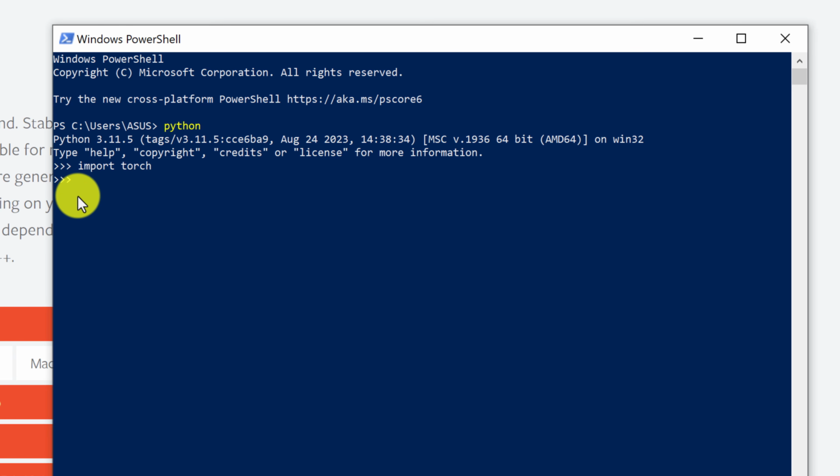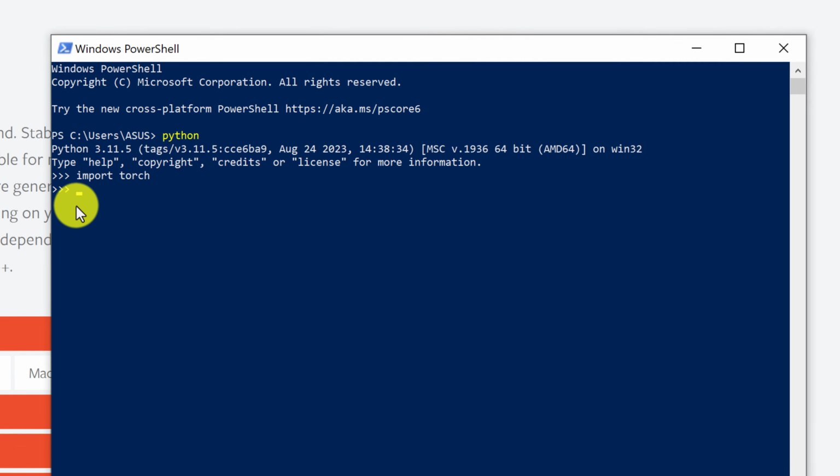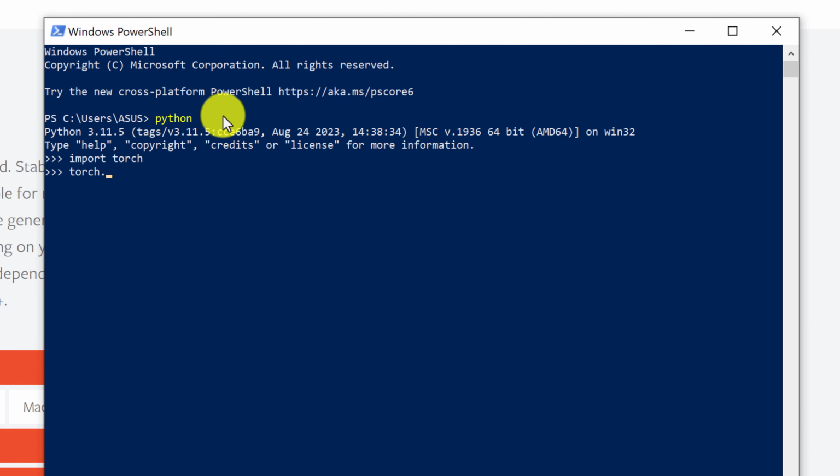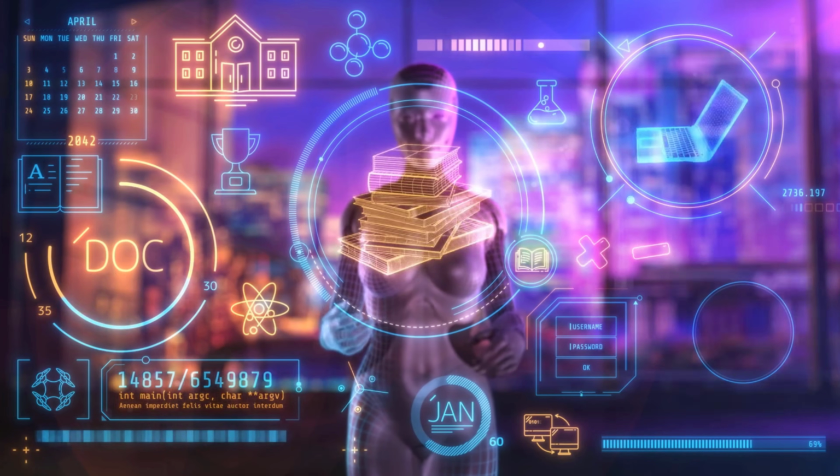Now we should be able to check if Cuda is available from torch. So we're going to type in torch.cuda.is_available, open parenthesis, close parenthesis, and that returns true. And congratulations. If you are interested in seeing what AI